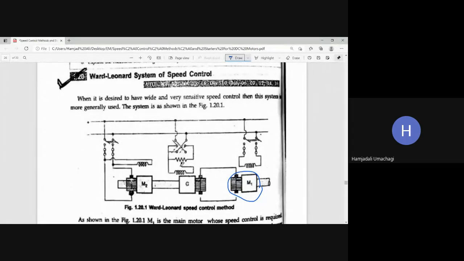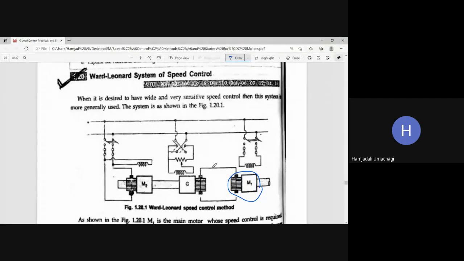So this switchgear will help us to change the polarity of the generated voltage. If I throw the switch on one side, the voltage will be of one polarity. If I throw it on the other side, then the polarity of the generated voltage of the generator will keep on changing. So if the polarity of the armature of the generator is changing, then such voltage only we are feeding to the motor armature here. Yes or no? And because of that, the direction of the motor will be changing.